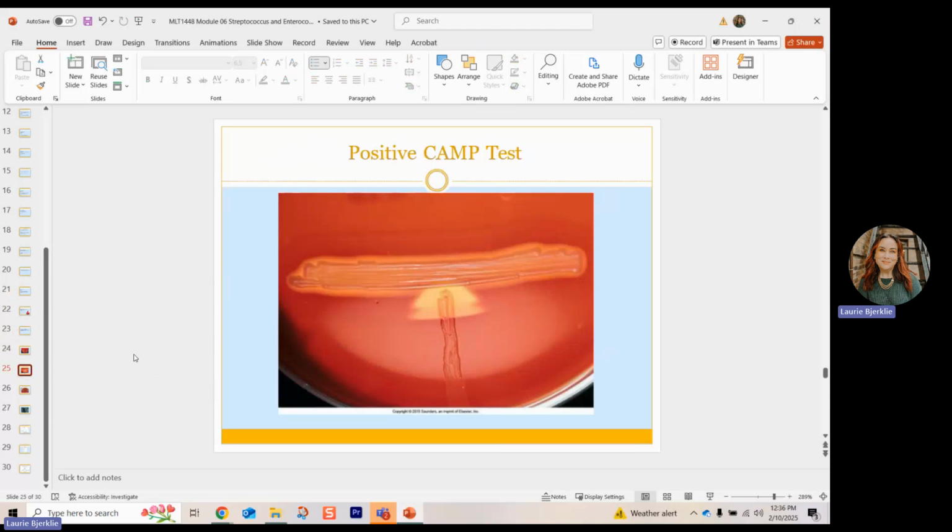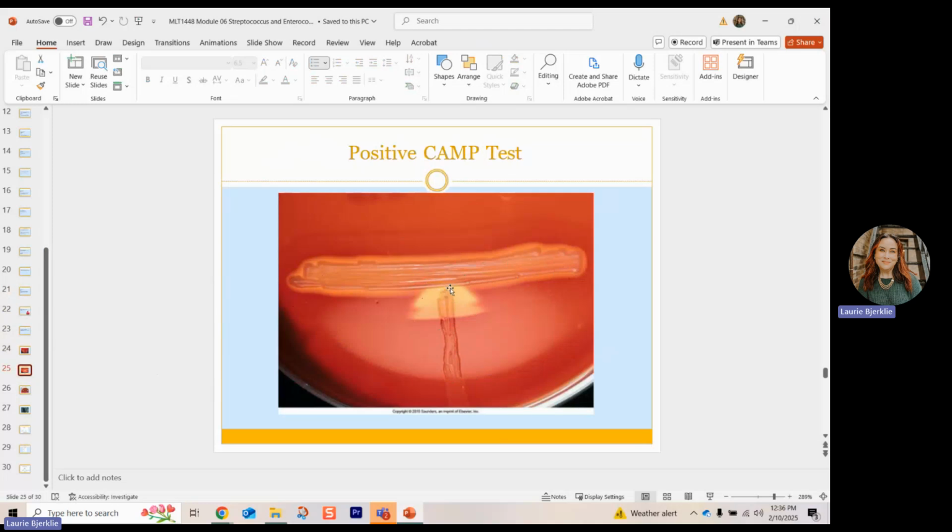The CAMP test is also just performed on a blood agar plate. You actually take a streak of Staph aureus. Right here would be Staph aureus streaked across the blood agar, which, remember, is beta hemolytic as well. So you streak that Staph aureus across, and then you streak your suspected organism down to meet it. If we're looking for strep agalactiae or strep pyogenes, a beta hemolytic strep, you streak that here, whatever our suspected organism is, and then you incubate this, and the next day you look to see if there's